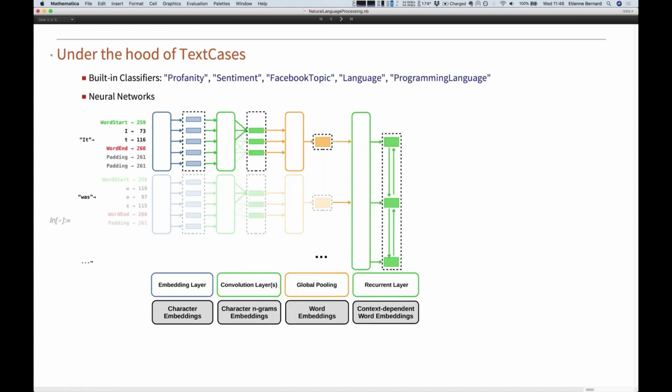So there's a lot of understanding about what this sentence is in these vectors. And that's why it is used as a pre-processing, like in text cases. So we don't use BERT in text cases because when we created this network, BERT didn't exist. But we are going to probably. We use some other things called Elmo to pre-process the data and have already meaningful vectors before we start any